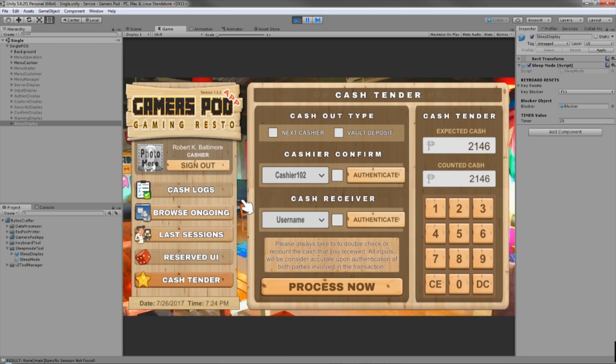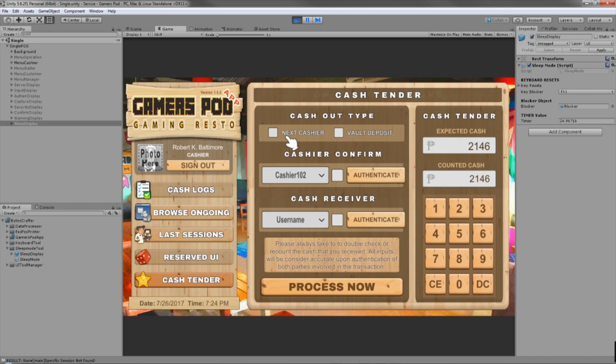Now, in the cash tender, I have created two cash out types. The next cashier, for example: my shift is cashier 101, whose shift was over, and cashier 102 will be the current cashier.